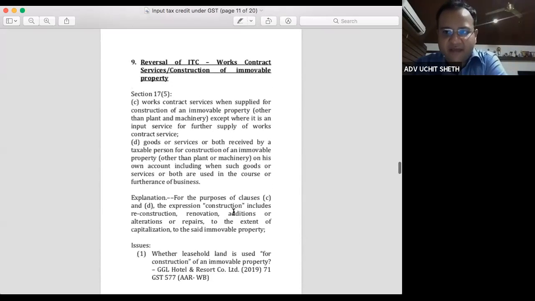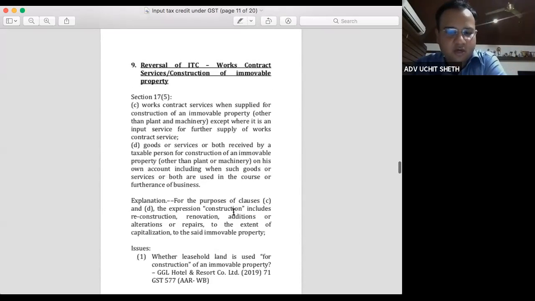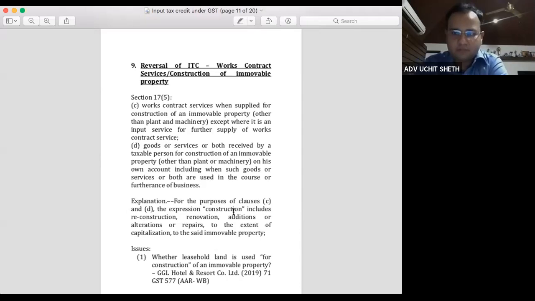Now coming to 17(5), which is very important and according to me is likely to raise a lot of controversies. Section 17 subsection 5 is the provision which enlists certain transactions for which input tax credit is not admissible at all. It is an overriding provision. So despite the fact that the inputs, the goods or services are used in the course or furtherance of business, despite the fact that other conditions under section 16 are fulfilled, still 17(5) enlists certain transactions where I am not entitled to input tax credit. Again, as I said earlier, we cannot find fault with that. The legislature can put up any restrictions or conditions for claim of input tax credit.